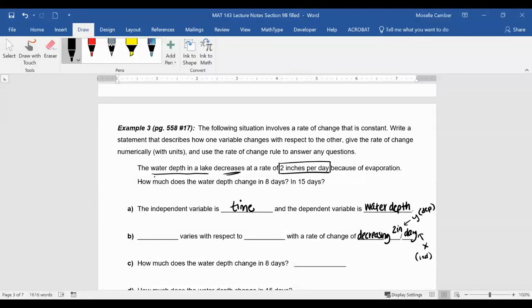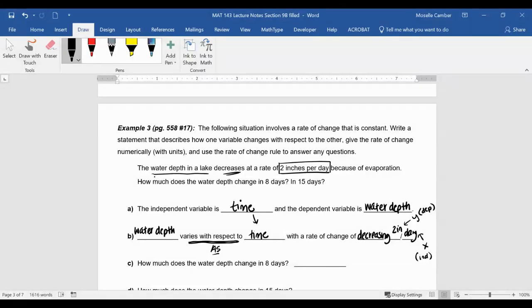Okay, so we have this word varies with respect to. So that's another way of saying as. And we talked about in 9a that what comes after as is the independent. So we're going to put the independent here. So we say water depth varies with respect to time with a rate of change